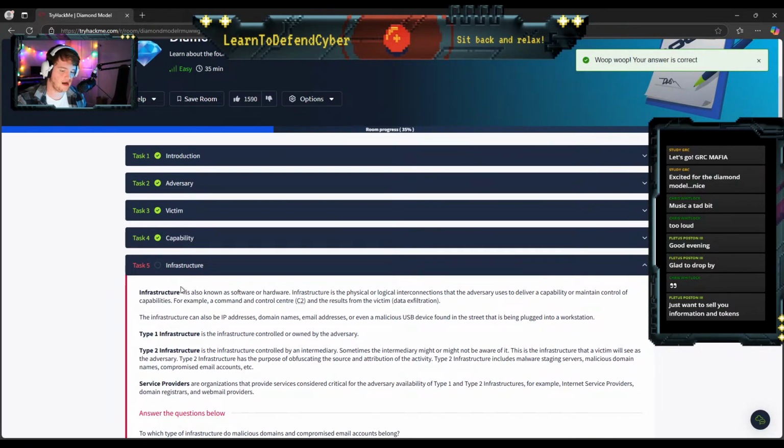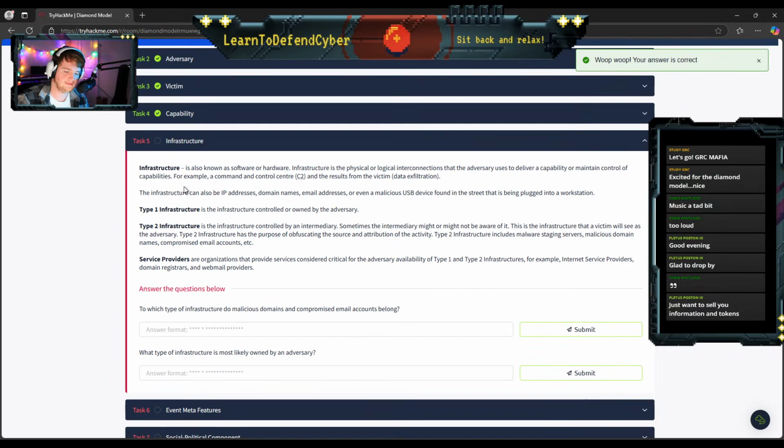Infrastructure. So this is our final piece of the diamond. Infrastructure is known as software or hardware. This is going to be their C2 networks, their C2 devices, C2 being command and control, by the way. If you don't know what a command and control is, I know we did talk about it a little bit in the kill chain video, but briefly,